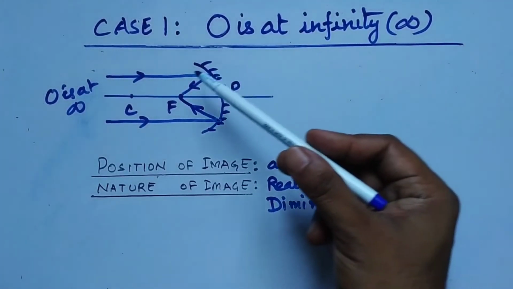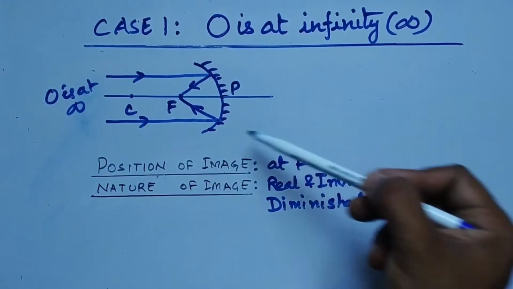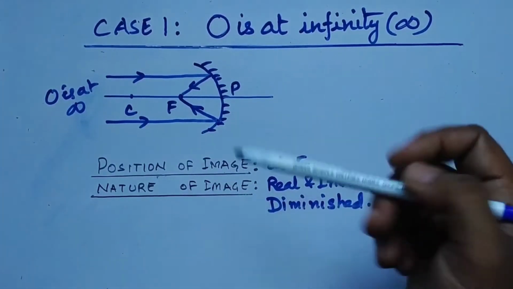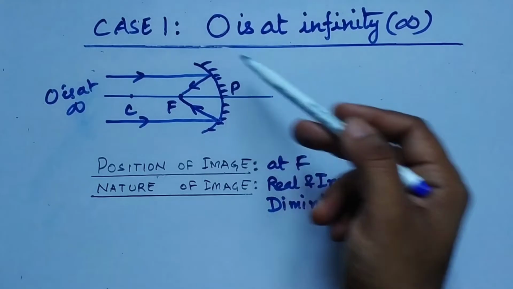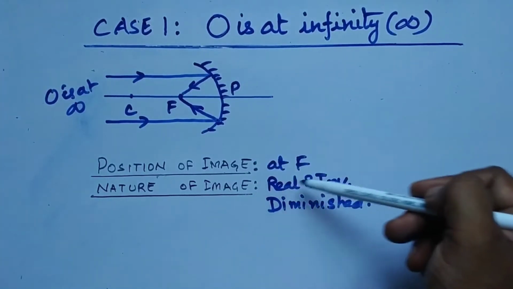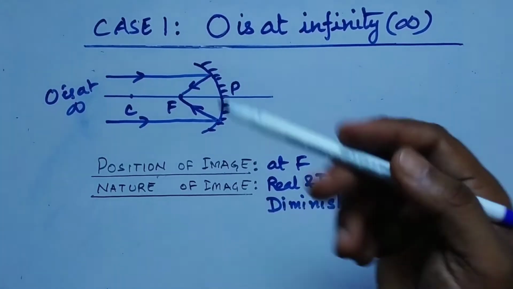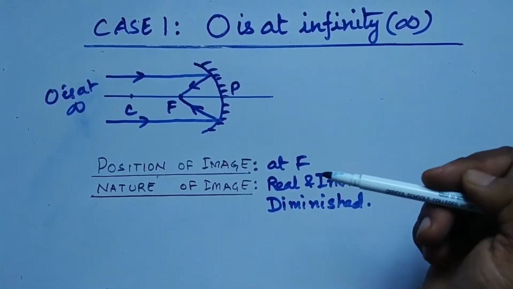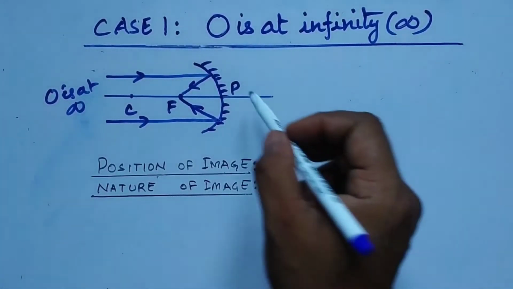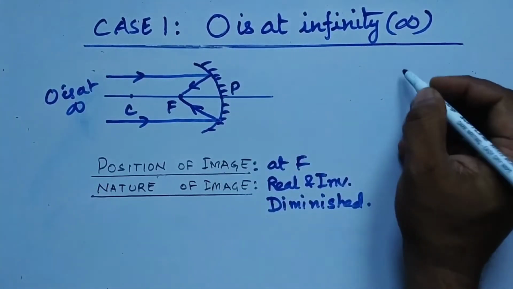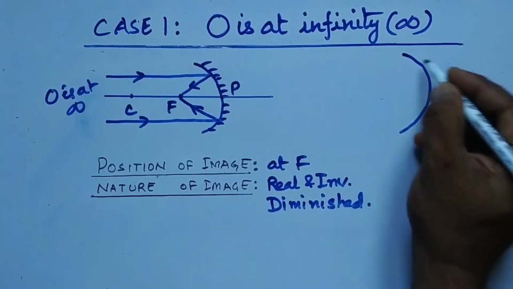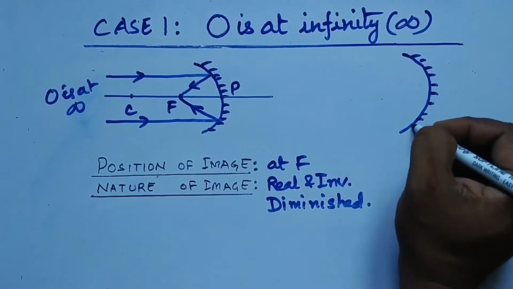So corresponding to each ray diagram, you have to remember first of all where is the object, then you have to remember the position of the image formed and what kind of image is being formed in the particular case. Now, this ray diagram you will find in certain books. The ray diagram is drawn like this also.